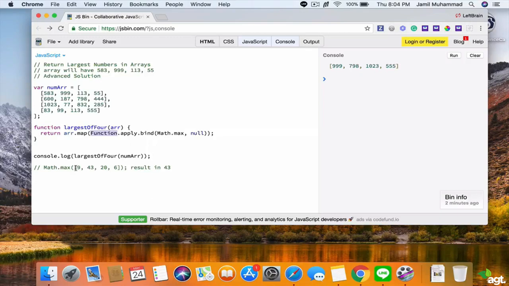So we would do Math.max.apply, and then null, which would invoke something like a max method. What we're looking for, almost. Here we're passing null as the context of the Function.prototype.apply method, as max doesn't need any context, since